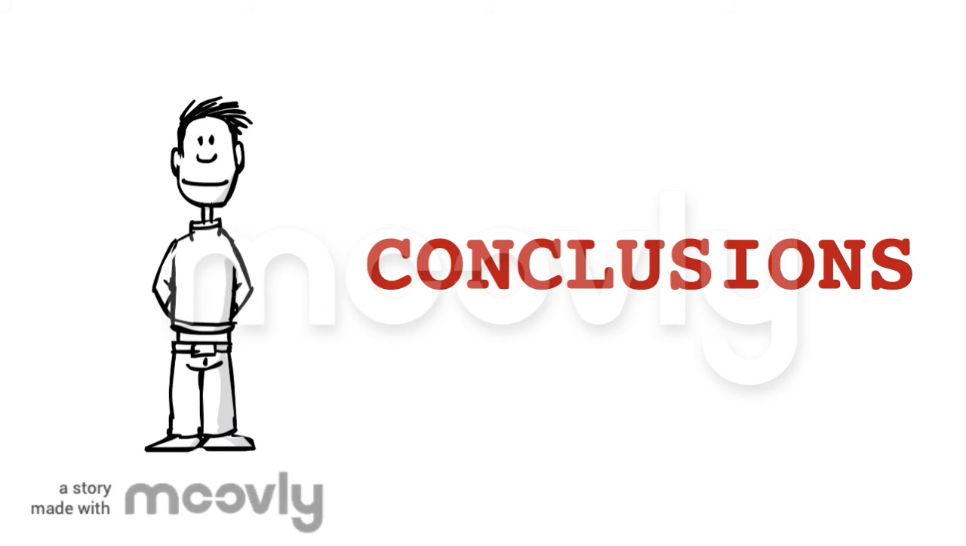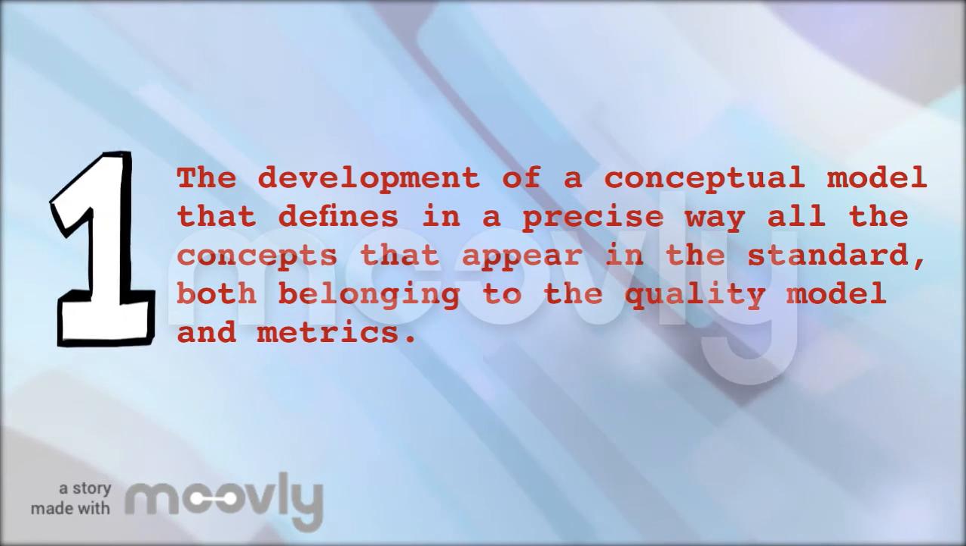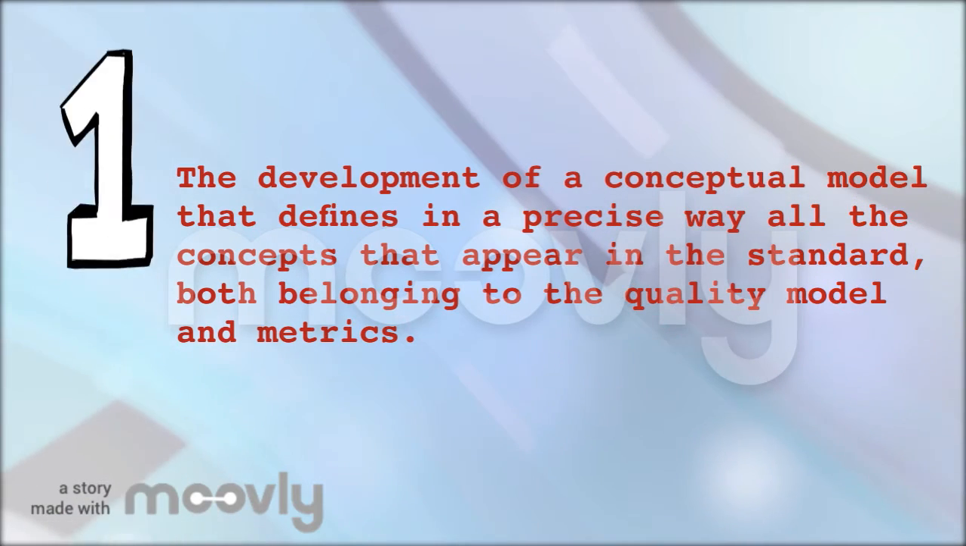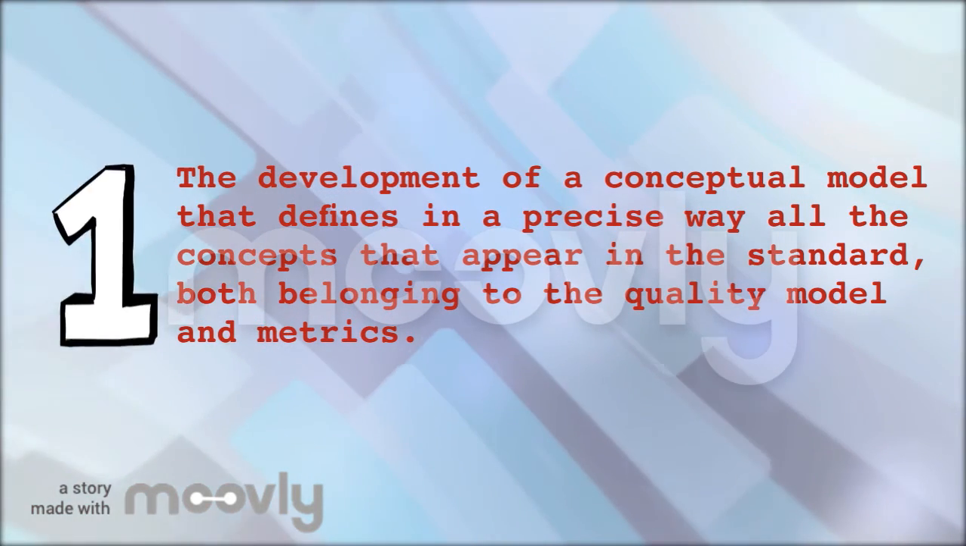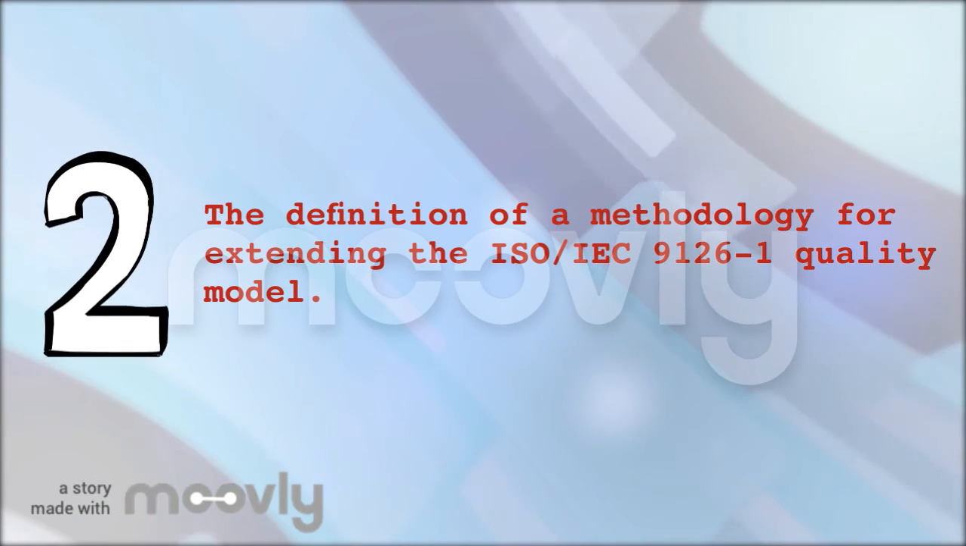In conclusion, we have commented on some practical issues arising when using the ISO IEC 9126 quality standard. The main contributions of our work with this standard can be summarized as follows. The development of a conceptual model that defines in a precise way all the concepts that appear in the standard, both belonging to the Part 1 quality model and the other parts' metrics. The definition of a methodology for extending the ISO IEC